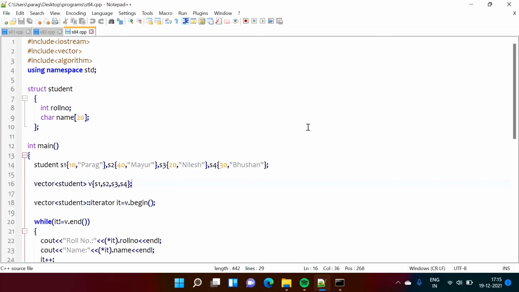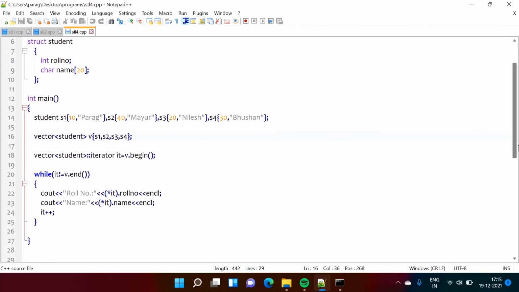Here we have used the structure to enter the record, and in the same way by using the iterator I am printing the value. So v.begin will return the iterator pointing to the first value, that means S1. v1.end will return the iterator which is pointing next to the last, and by this we are printing the values.